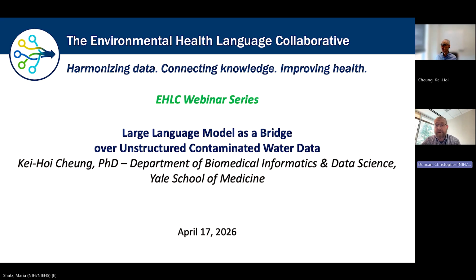Kei's multidisciplinary research interests include the use of ontology and knowledge graph approaches, and leveraging the next generation of graph database technologies to enable semantic annotation and integration of biomedical data. In addition, he's been working on natural language processing projects, including the application of large language models to retrieve, annotate, and extract information from scientific literature, as well as from clinical notes.